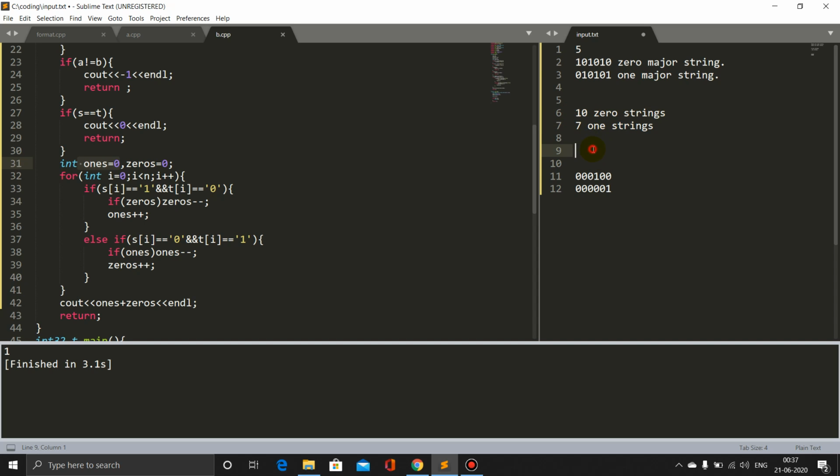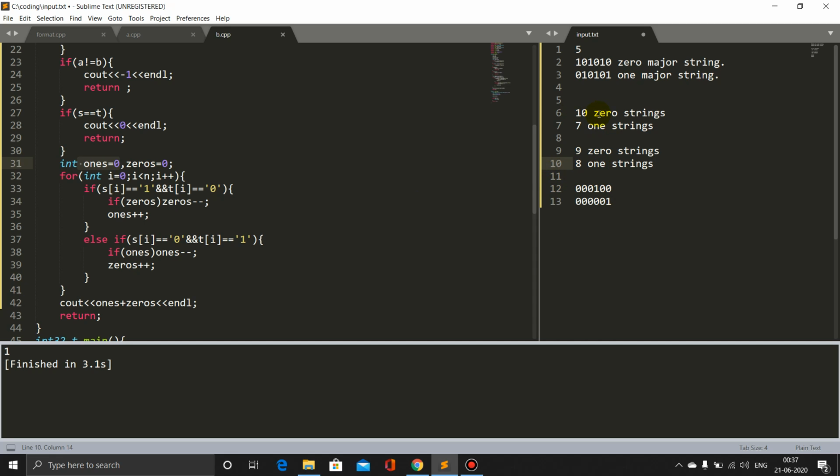What that will do is decrease the number of 0 strings. So after reaching this, we will get 9 0 strings and 8 1 strings.